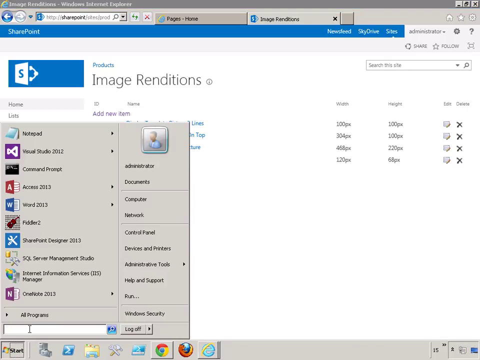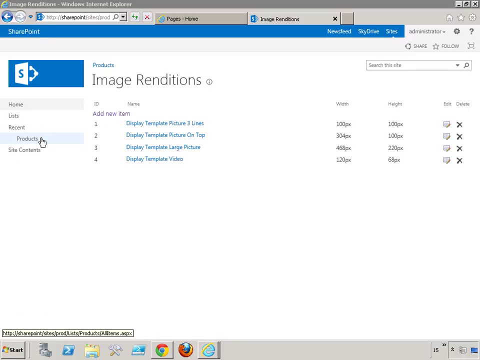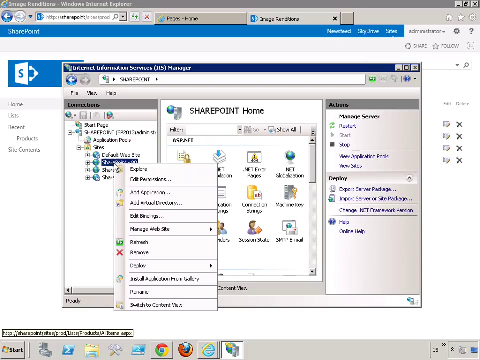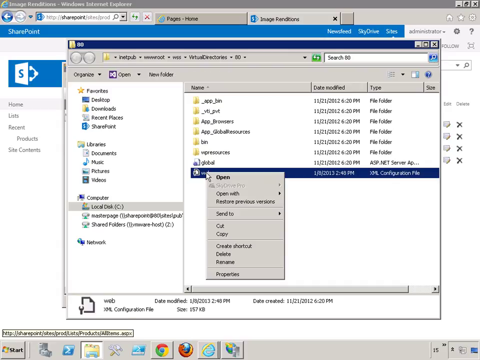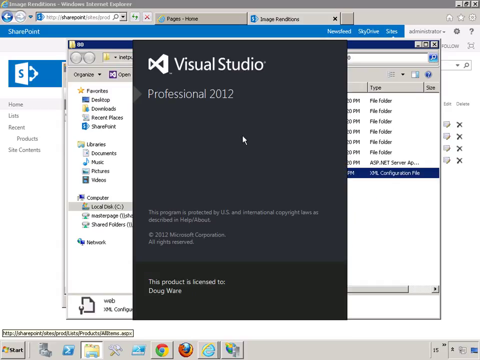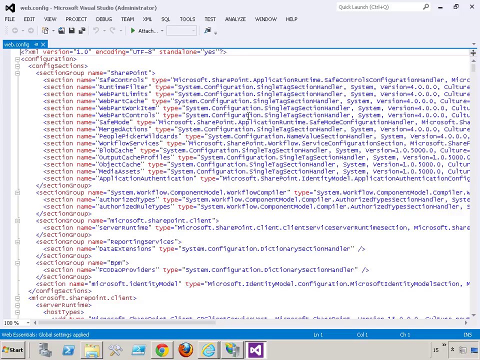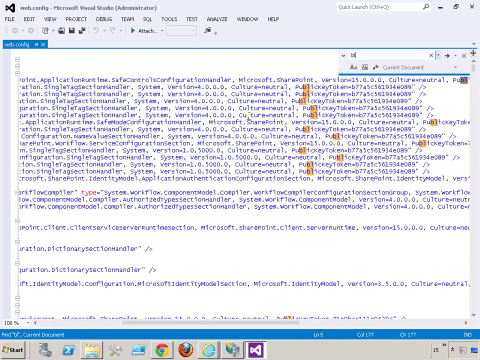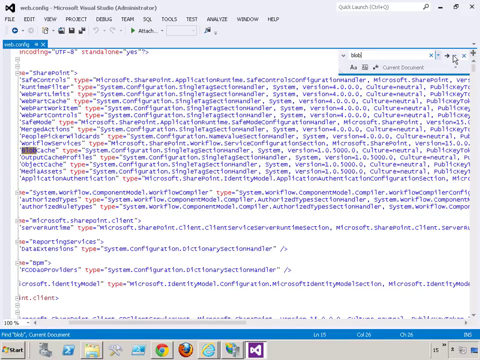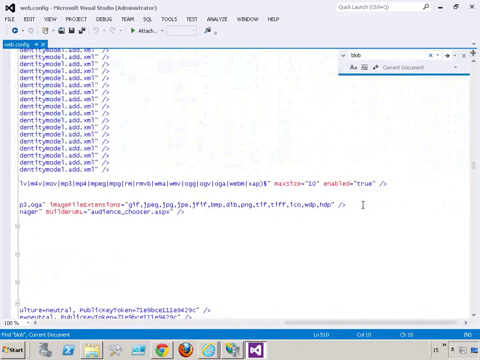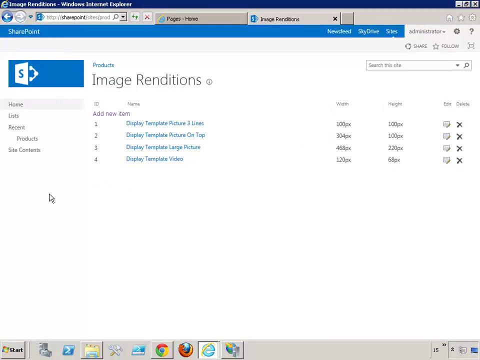And the way that was done was in Internet Information Services Manager, I opened up my site, and I right-clicked on it and chose Explore, and then I opened the web.config in Visual Studio. And I searched for blob. And then I turned it on by setting the enabled attribute to true. All right, so once I've done that,